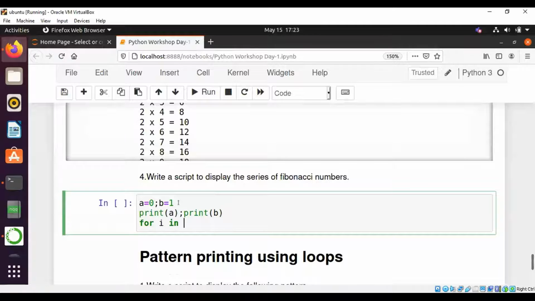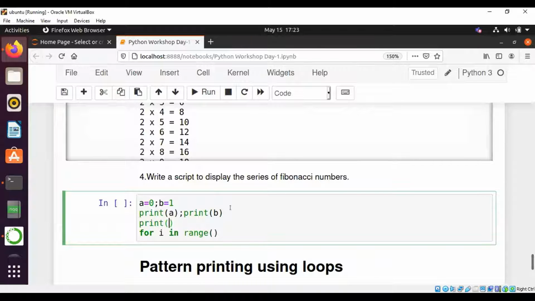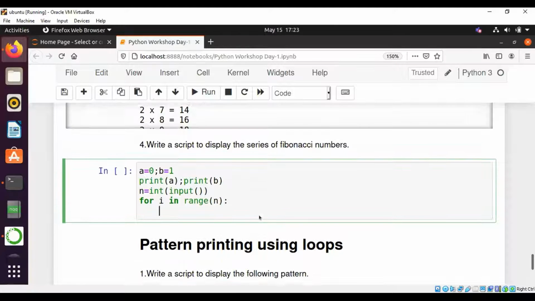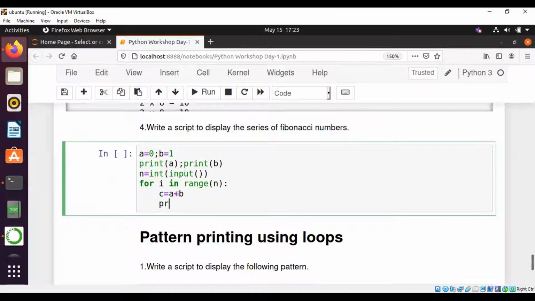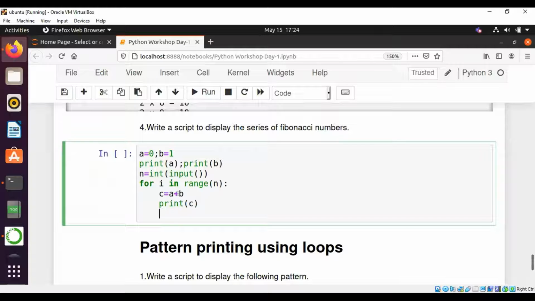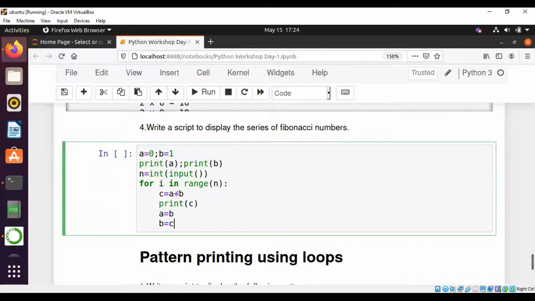Let's see for i in range of n, where n is equal to int of input till that range. c is equal to a plus b, and let's print c. So the Fibonacci series is nothing but the sum of the last two integers gives the third integer. So let's print c and change the values of a to b and b to c.